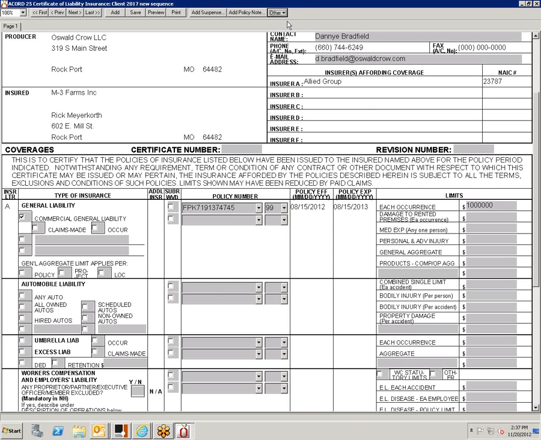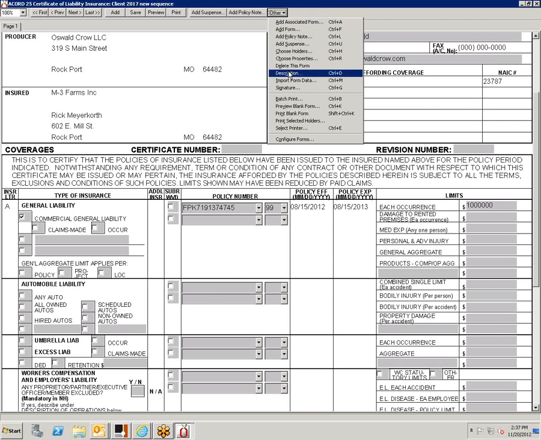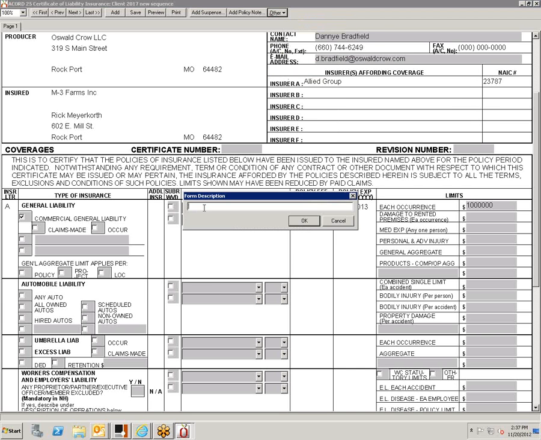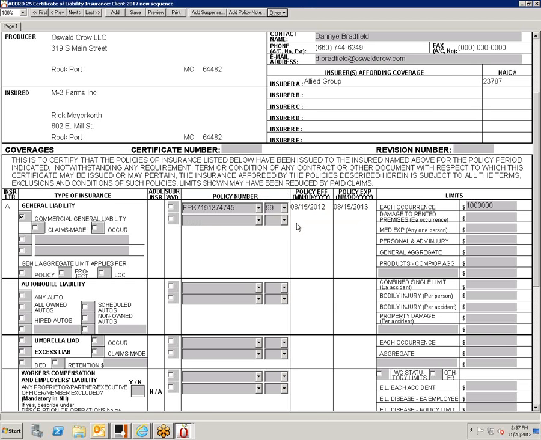That's something I've got to get on to. Then you would put a description. You're going to hear me say that over and over. So this would be your certificate, and it would have CGL only, and it is 2012 to 2013. So now you would have your master certificate. And you can click on Save.